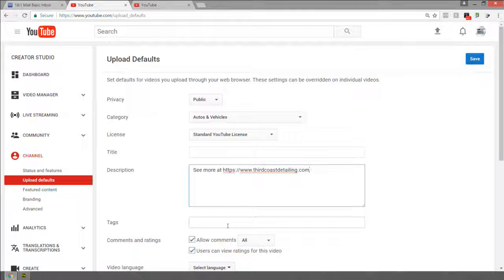Tags, so for us, we're going to do mobile, comma, space, so separated by commas, detailing, car, luxury, wash,